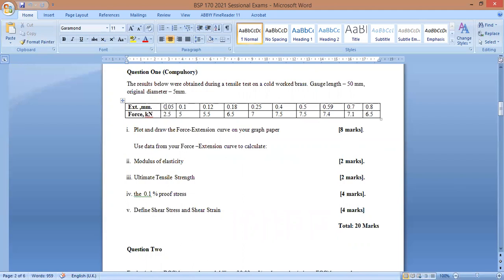We're going to plot this together anyway in class. This is very easy. But then time usually is wasted on plotting this. That's why when you come for a residential, make sure you carry enough graph paper, because I want us to practice as much as possible where we can. Plotting of these graphs, because that's where students waste a lot of time trying to plot this graph before they even come to answering the questions. You find 1 hour, someone is struggling to plot this graph. 1 hour. Giving them only 2 hours